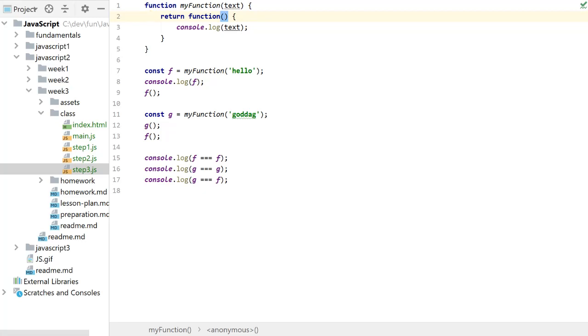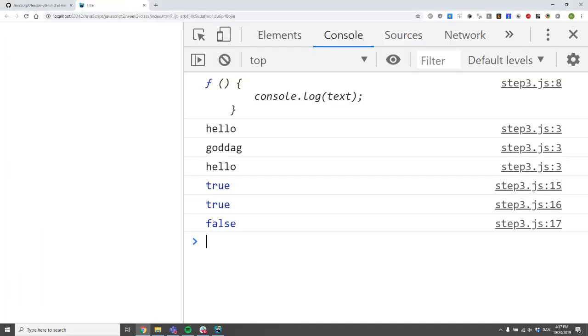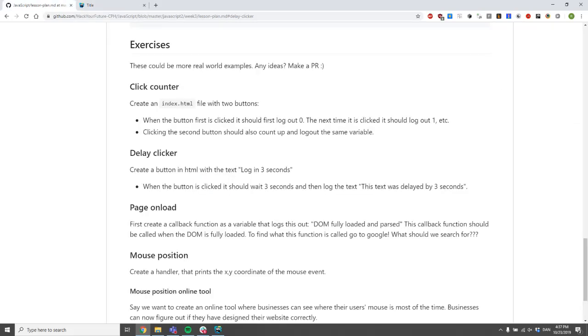Alright, so now that you are, I think, probably mind blown and slightly confused, let's take a look at the first exercise. And by let's, I mean you guys. Create an index.html file with two buttons. When the first button is clicked, it should log out 0. The next time it's clicked, it should log out 1. So just keep increasing the number. And the second button should also do the same thing. So two buttons, two add event listeners, two